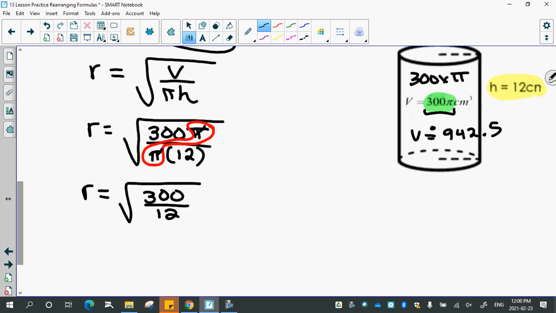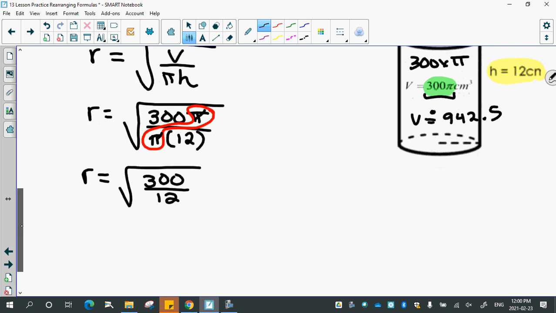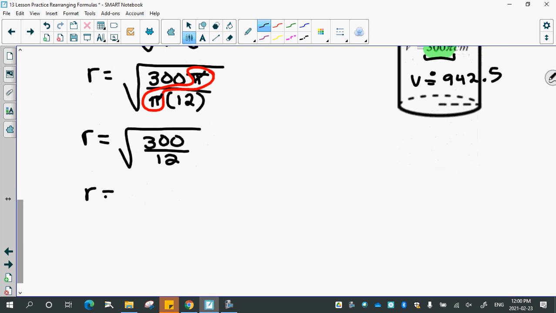Okay? Now I want to figure out what's underneath the square root sign next, so I'm going to divide. That's a divided by there. 300 divided by 12 is 25. And then my last step is to take the square root of 25,